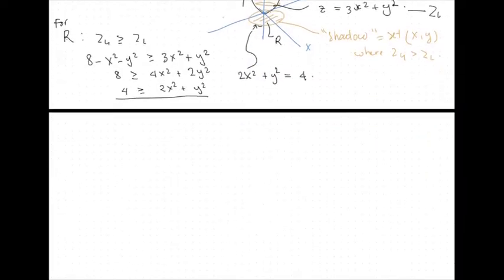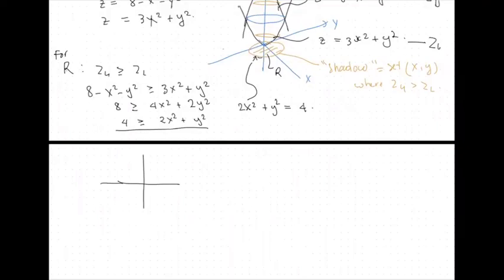Okay. So let us draw that ellipse. It depends on you how you will draw. So for example, when this is your ellipse in R. So when y is equal to 0, x is equal to 4 over 2, so 2, so square root of 2. Square root of 2, then we have negative square root of 2. When x is equal to 0, y is just square root of 4. So this is 2 here, and then the other one is negative 2.